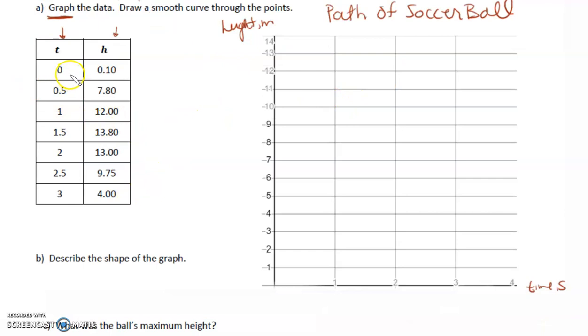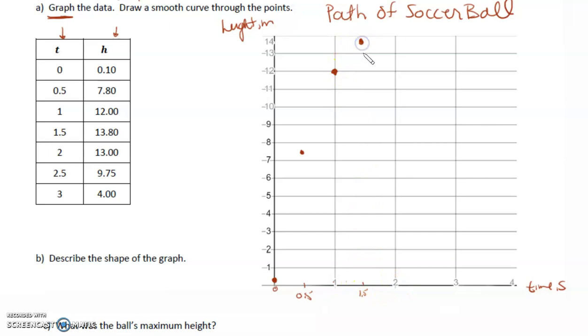So 0, 0.1 is going to be here. 0.5, 7.8. 0.5 is going to be halfway between 0 and 1, and then 7.8. 1, 12 is going to be here. 1.5, which will be halfway between 1 and 2,